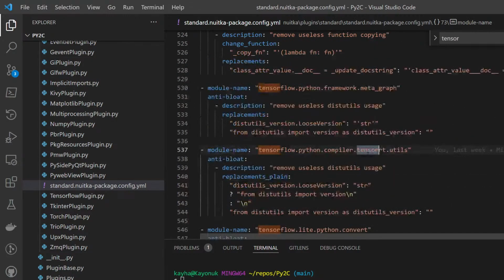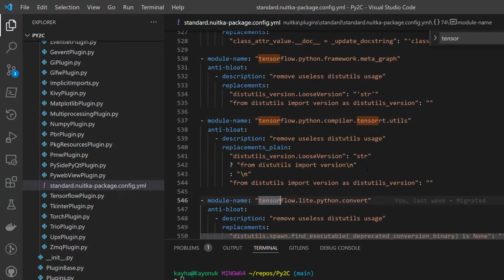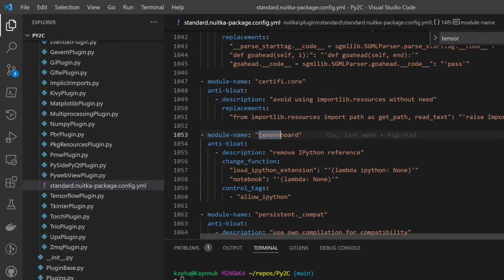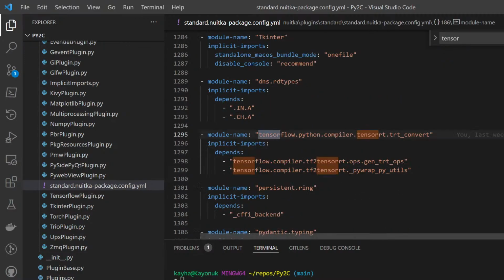And same goes here, and here, and here, and TensorBoard. Yeah, tries to load some IPython. We just don't do it. There's no notebook, unless a check would be set to allow IPython. So if you wanted to compile IPython with TensorFlow, then this would be what you're doing. And more implicit dependencies, this kind of thing. So let me check. Yep.